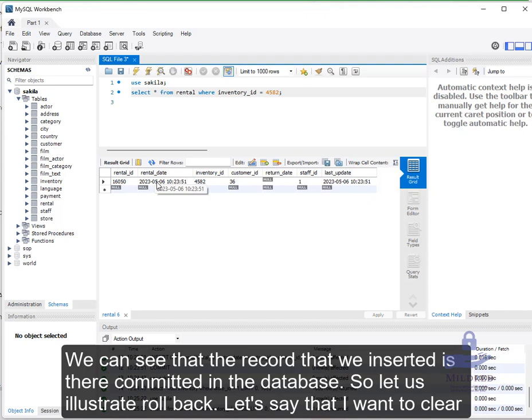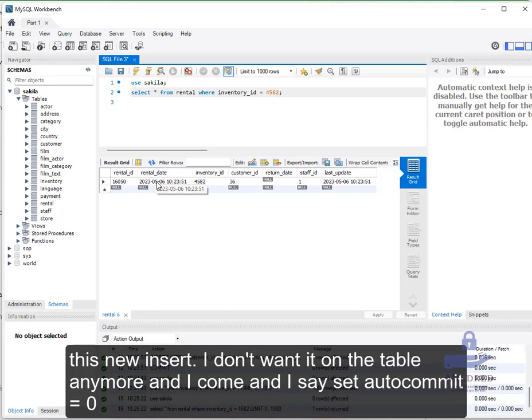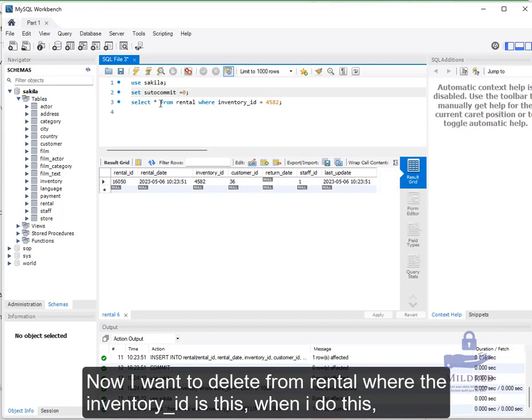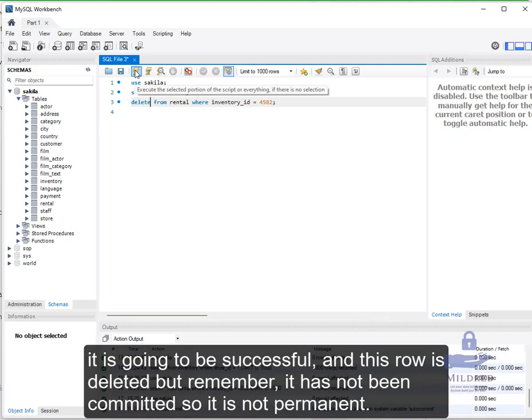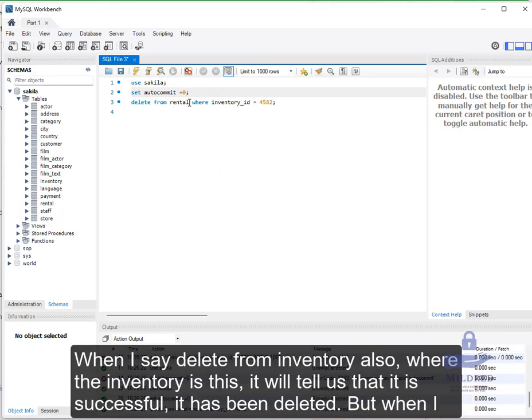So let's illustrate rollback. Let's say I want to clear this new insert. I don't want it on the table anymore, and I come and I say set autocommit equal to 0. Now I want to delete from rental where the inventory ID is this. When I do this, it is going to be successful, and this row is deleted. But remember, it has not been committed, so it is not permanent. When I say delete from inventory also, where the inventory ID is this, it will tell us it is successful,